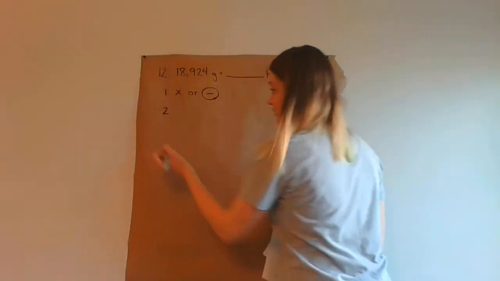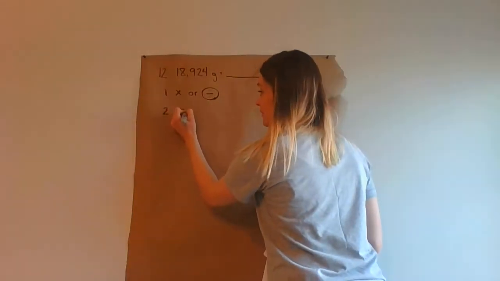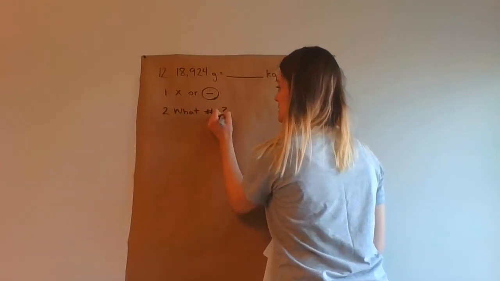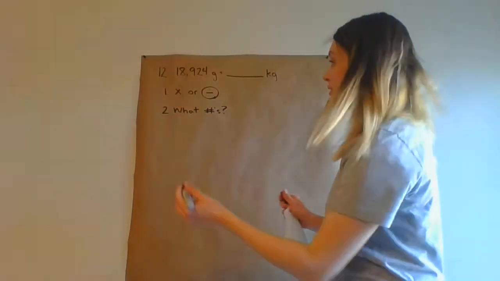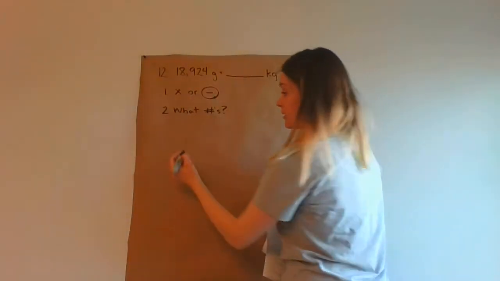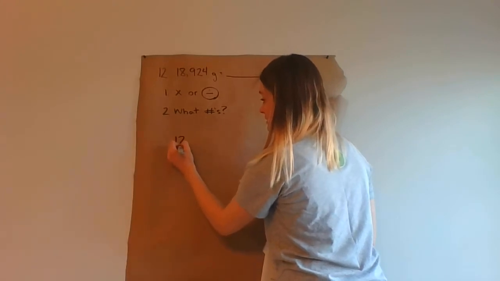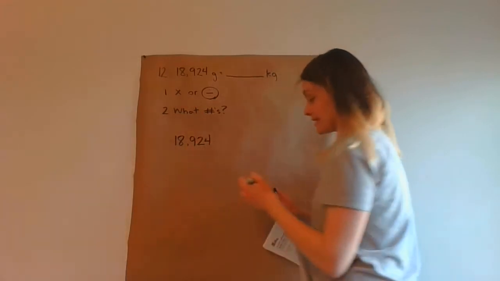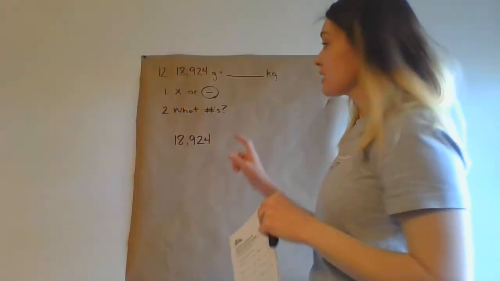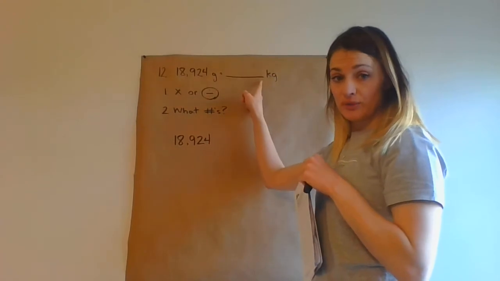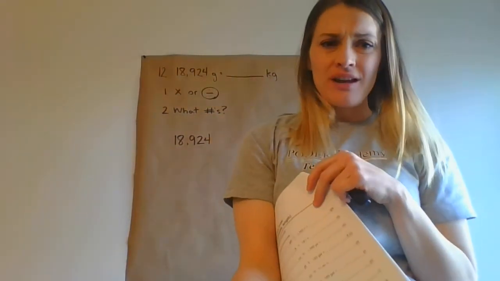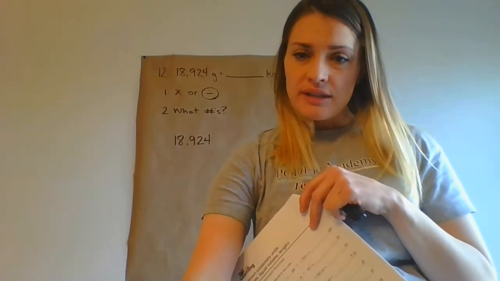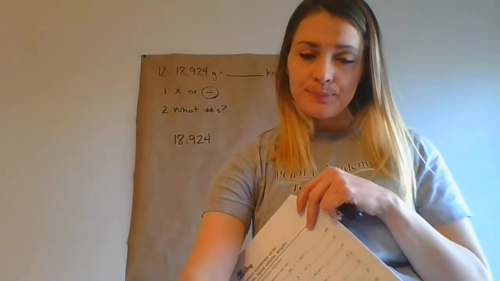Second thing I need to figure out, what numbers? What numbers am I using to divide? Well, I know one of my numbers is this, okay? I've already got one of my numbers listed. My second number that I have to figure out is how many grams go into a kilogram, okay? Now, I don't know that off the top of my head. So I'm gonna go to the cheat sheet. I'm gonna look down to where it says